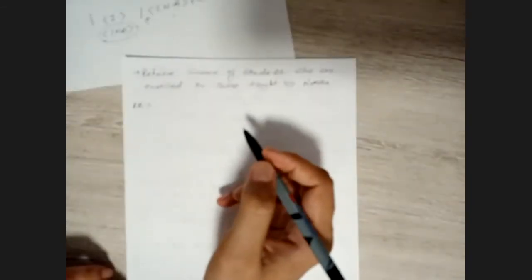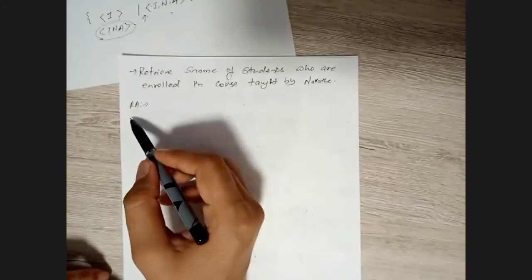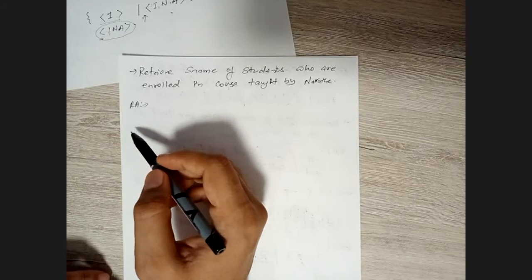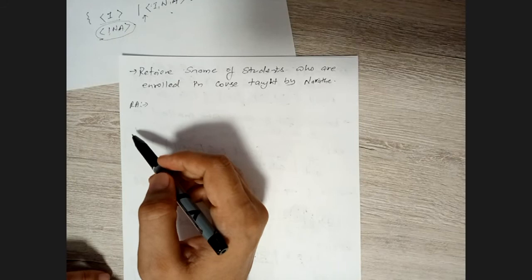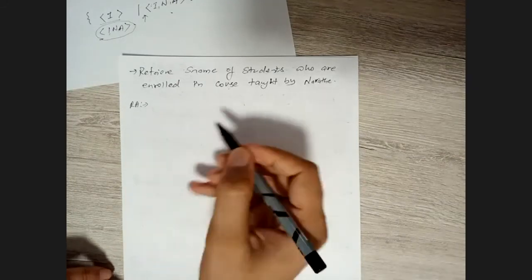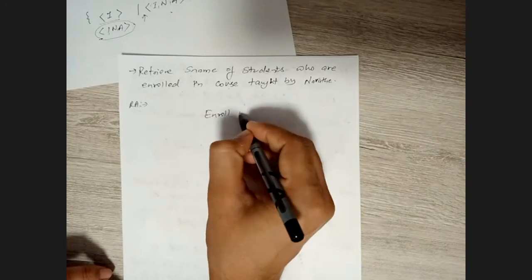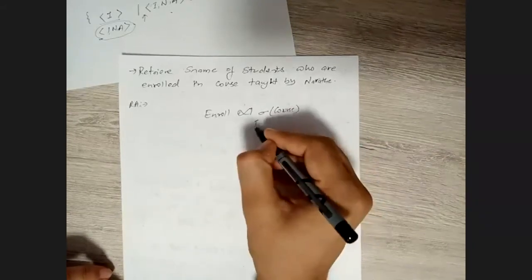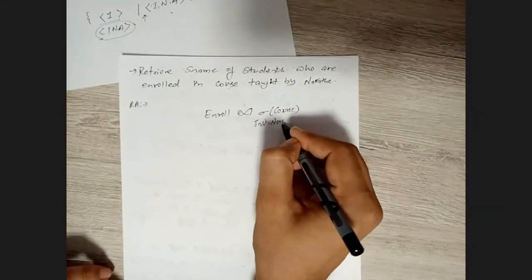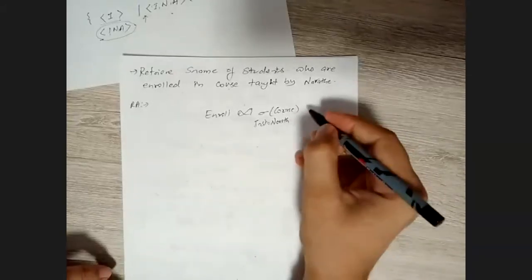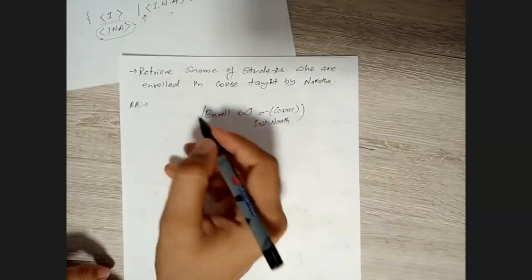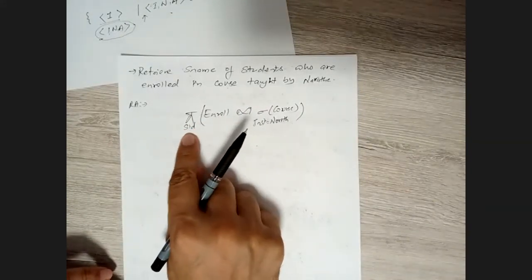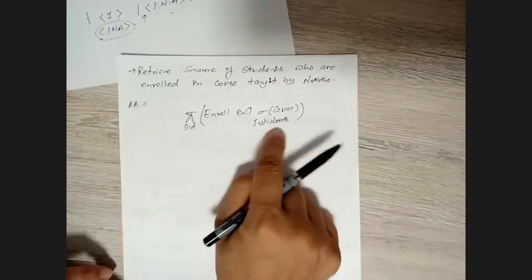So first I'm going to find out the SIDs. You should try to write the relational algebra query. First let me find out the SIDs of those who are enrolled with the instructor, say Navathe. So I'm going to write enroll, natural join course, but I will select only those courses in which instructor equals Navathe. Navathe or Ullman, you can write any based on the scenario asked. And I will project SID. These are the SIDs of students who are enrolled in the course where the instructor is Navathe.